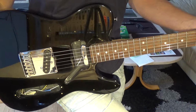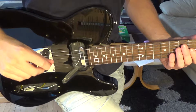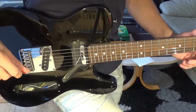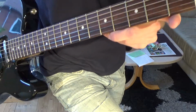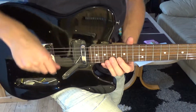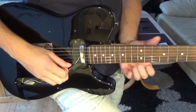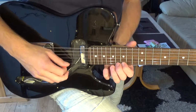Right, guys, I have tuned the guitar to pitch and been playing it for a while just to see if we had any buzzing still going on. And it seems fine up here at the first frets, but once we get down from the 12th fret and down, we have some, I would say, major issues. If I play the high E string here around the 15th fret to 17th,